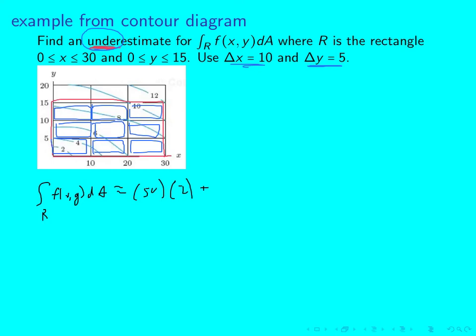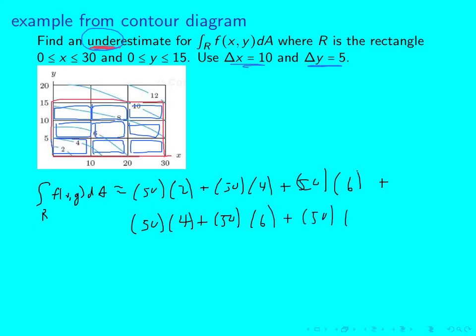Each subregion in the xy plane will have an area of 50. The height in this second rectangle I'm going to take to be 4. So I'll multiply by 4, plus 50 base area for the third rectangle, times a height of, let's go with 6 right down there in the bottom left-hand corner. So times 6. Plus, then we'll move to the second row, 50 times in this rectangle. It looks like 4 maybe just barely touches it, so I'll multiply by 4, plus the middle rectangle. I'm going to go with a height of 6,